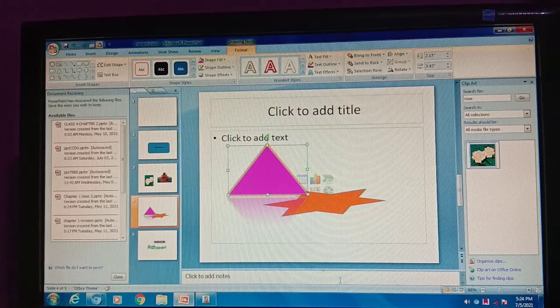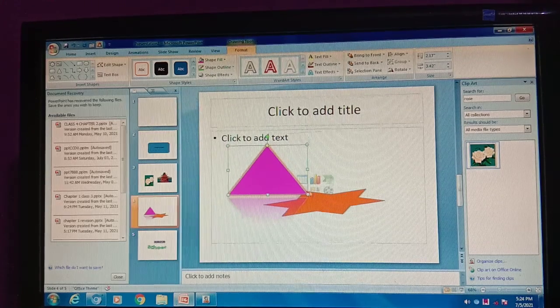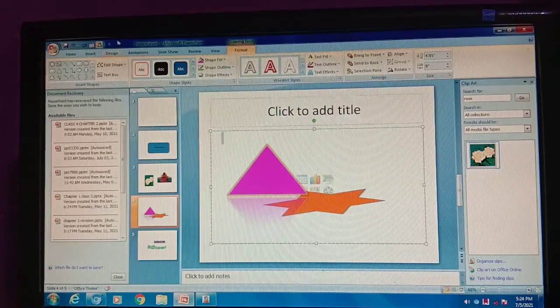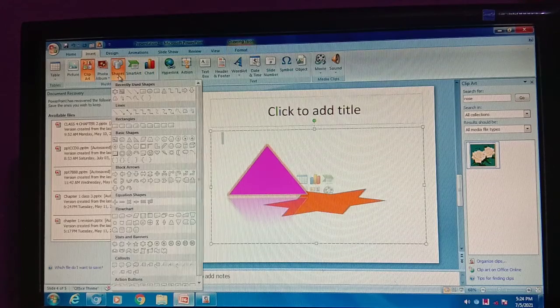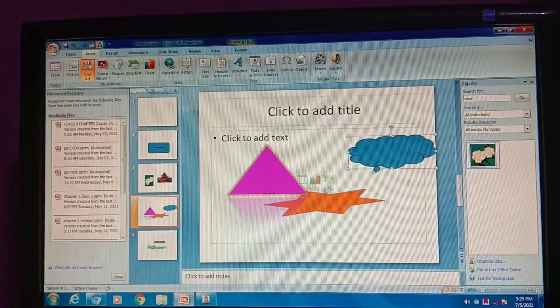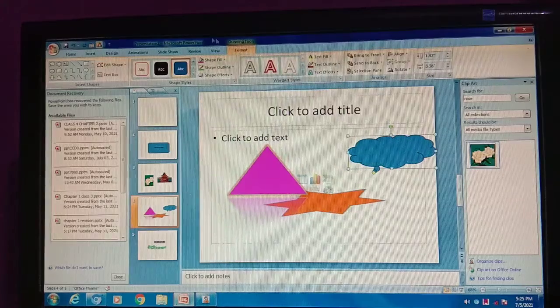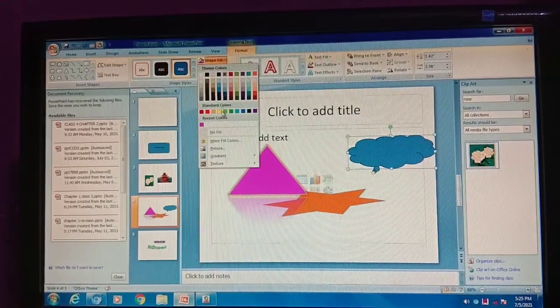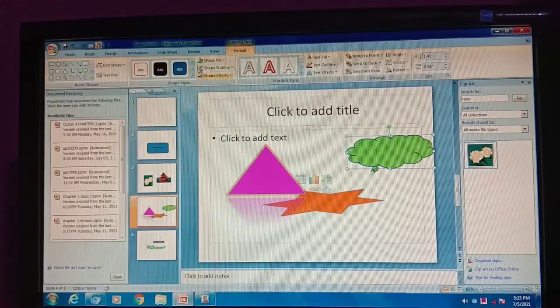So I already explained to you about the shadow effect that I showed you. This is your shadow effect. Just like, let's choose another shape from the insert menu. Like I want a shape of this. See, and now I want to change the effect. First of all, I want to change the color. I don't like this color. Now this color is okay, fine.